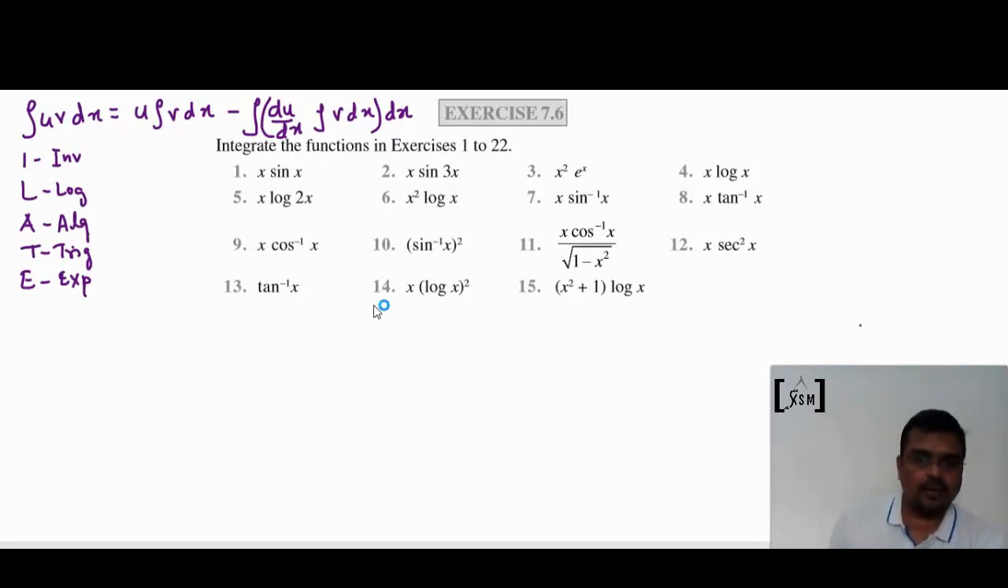So in this question we have x, which is algebra, and sine x. The first function is u and the second function is v. So guys, please understand, my u function is x because that is algebra, and v is sin x because that is trigonometric and comes later in the sequence ILATE. Now we just plug into the formula: x times the integral of sin x dx,